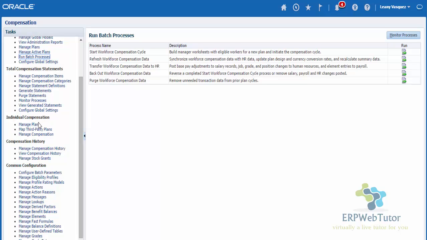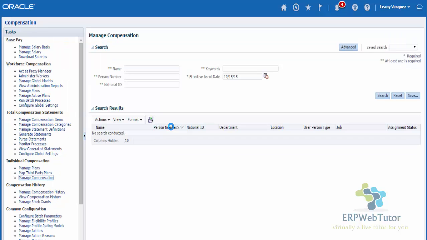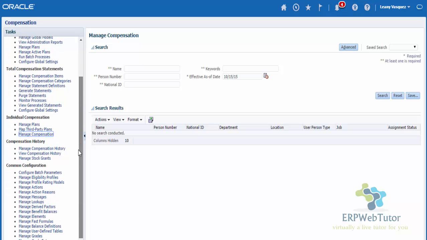So you can define the individual compensation plan. You can define the third party plans, and then of course using manage compensation, it will just give you the different compensation that has been awarded to employees. Okay, so the compensation managers can view that as well. You can also view the compensation history, and then finally the common configurations, the batch parameters, the eligibility profiles, the